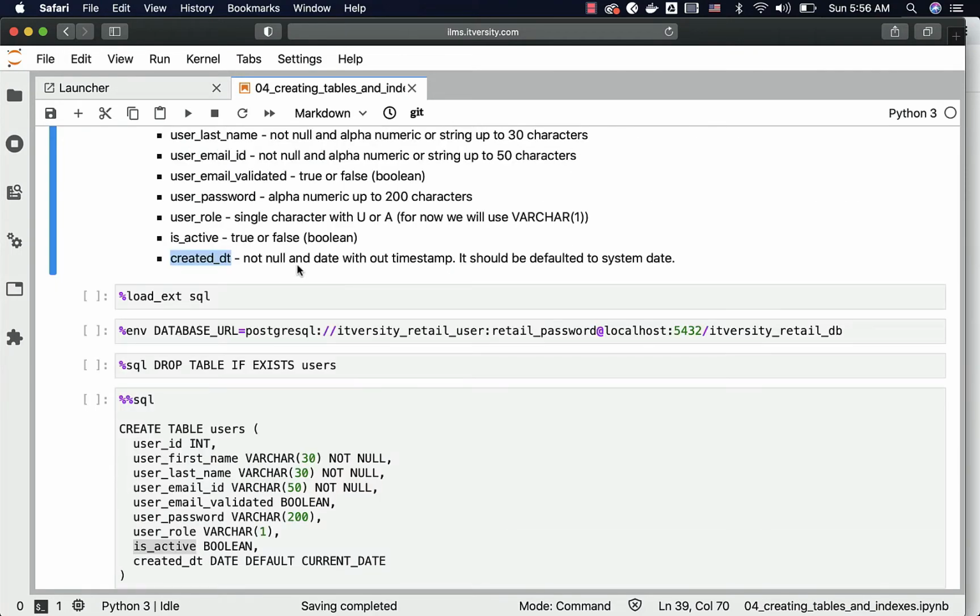Created date has to be not null and the data type has to be date without timestamp. It should be defaulted to system date. Let's load the magic command SQL and create the environment variable DATABASE_URL with all the information that can